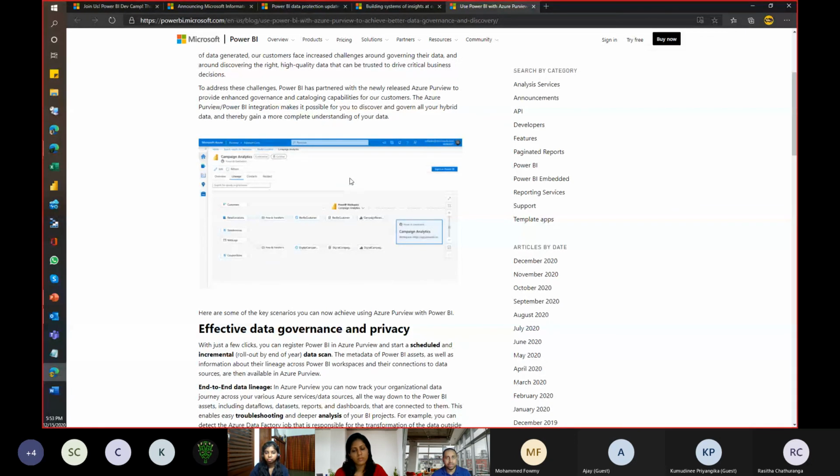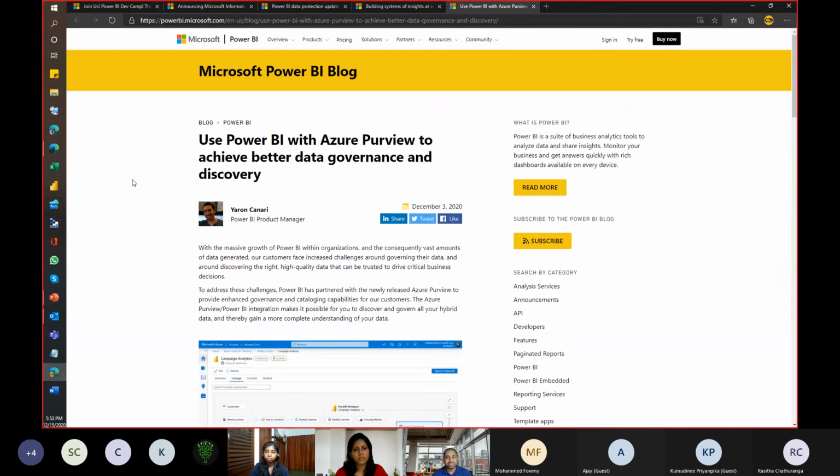that you can make Purview automatically scan your Power BI assets and make them visible to your end users, so that you can have a catalog of all the different data systems and data assets that you have, and users can choose what they want to use. Then you can have data labeling and things like that. Privacy can be applied and so forth. But Azure Purview is still in preview, which means more and more functionality is going to be added in